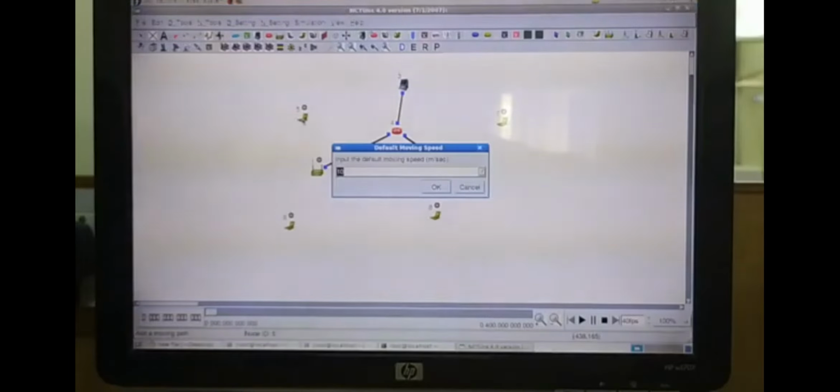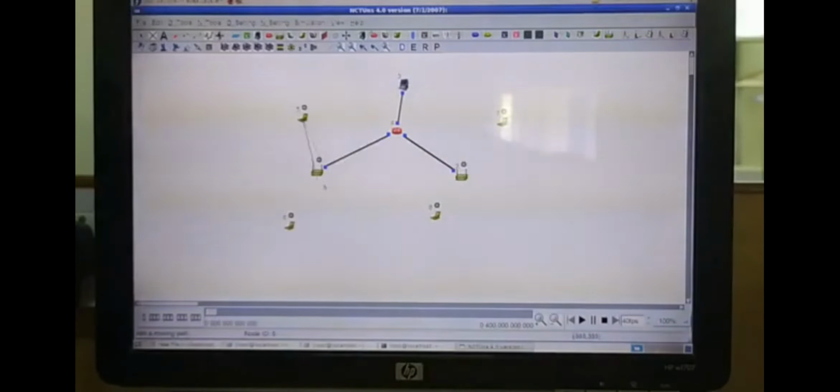When I click on this node, it asks what speed I want to move it at. The default is 10 meters per second, and I say okay, I'll accept that speed. Now I am creating the moving path. Once a path is created for mobile node 5, I click the right button.